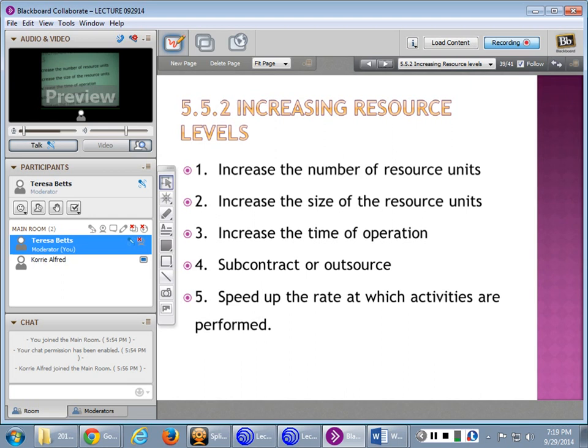Sorry. So increase the size of the resource units is going to be, maybe if you've got some equipment and you can make it larger to handle a larger number at one time. Or you can subcontract or outsource, or you can speed up the rate at which activities are performed. Okay, and just say go faster, go faster, go faster. Okay, most cases,